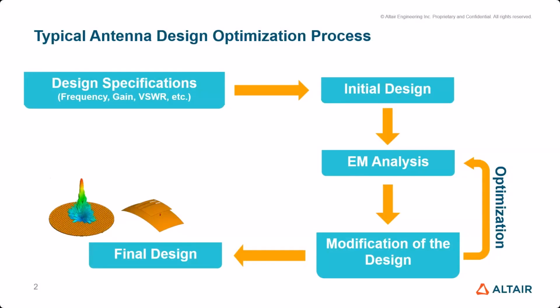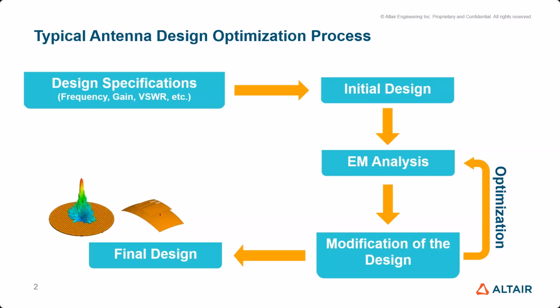You first design or specify, provide the design variables to your design in FEKO, and you build your initial design and perform an EM analysis, and then you run your optimization. Based on the optimization, there is a modification of the design, and that leads to your final design once the